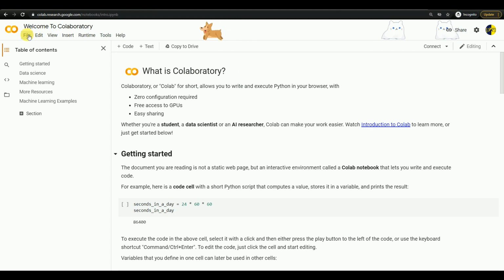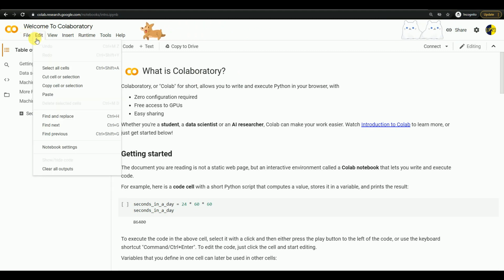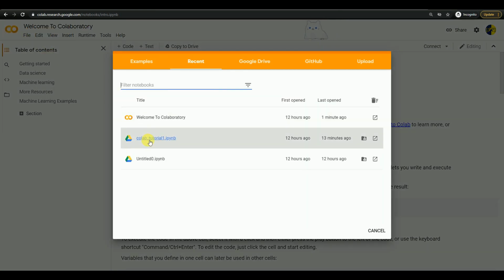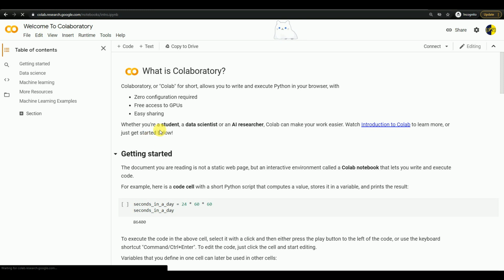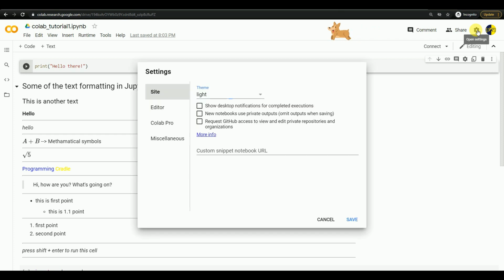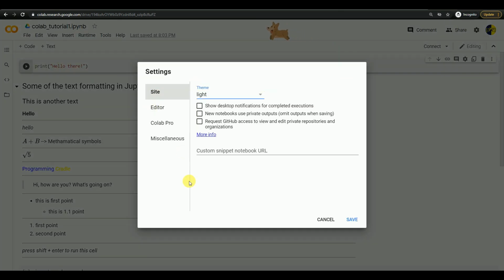Now let's start our tutorial with the notebook which you already have. For this tutorial I will open this Colab tutorial, and we'll be using that. Before moving on to the tasks which you can do with Google Colab, I'll show you some of the basic settings. When you see this gear icon here, this is where you can do all the settings.